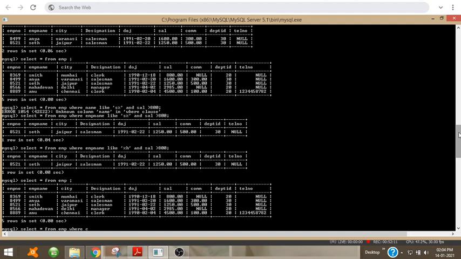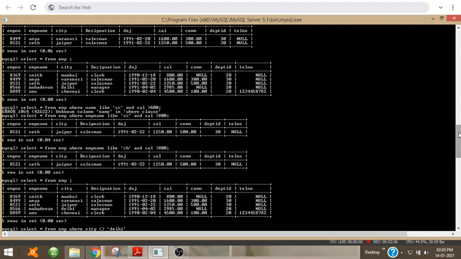City not equal to, in single quotes, Delhi. I am saying the city should not be Delhi and the city should not be Chennai. So it should not be Delhi and it should not be Chennai.